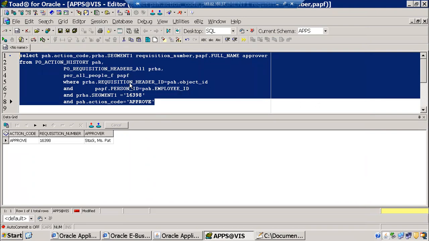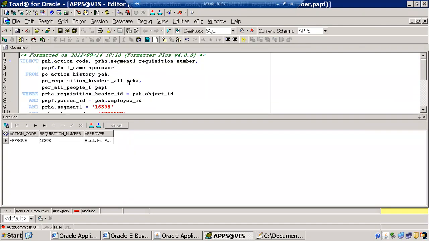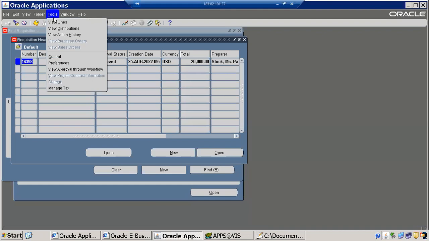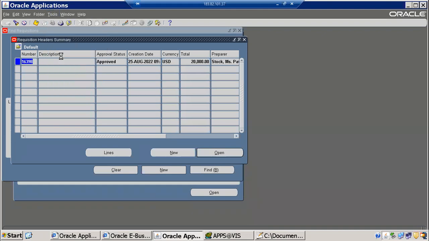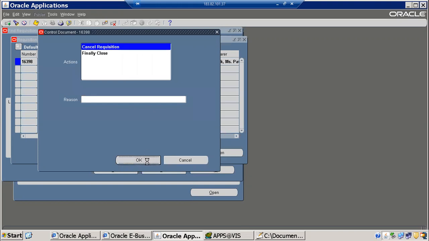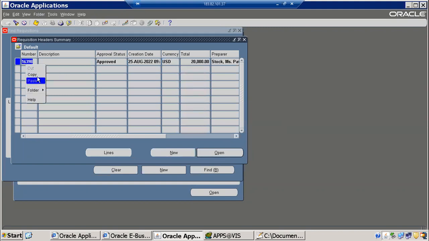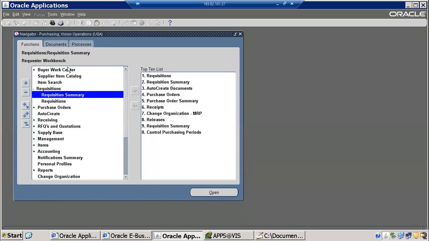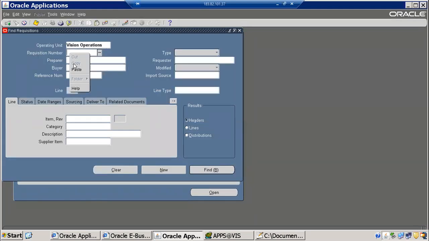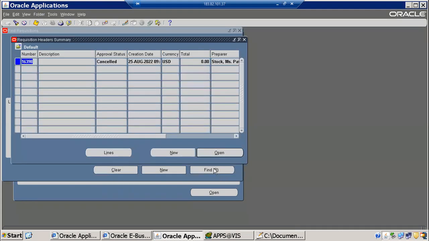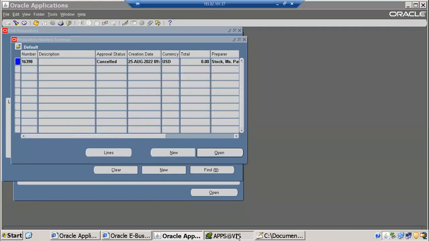How to format this? Shift Control F for format. That's it, guys. Approval information update. Now we can cancel this requisition by using control cancellation. Okay. Once the document is cancelled, it cannot be undone. Do you want to proceed? Yes. Control action is completed successfully. You can requery. Requery means just close and then open again. This cancel. So if you fire the same query now,